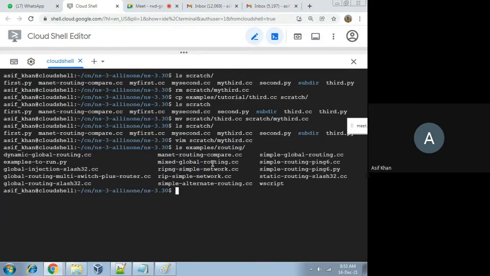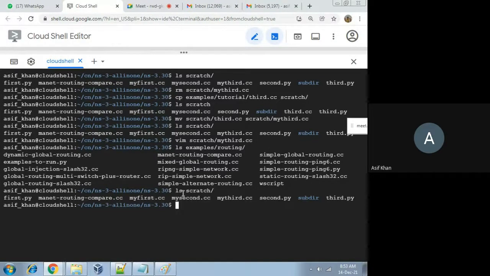Yes, now see there is a file manet-routing-compare. This file I have to copy to the scratch directory. Let me check in scratch whether it is already present or not. ls scratch. See, manet-routing-compare.cc program is already present here.